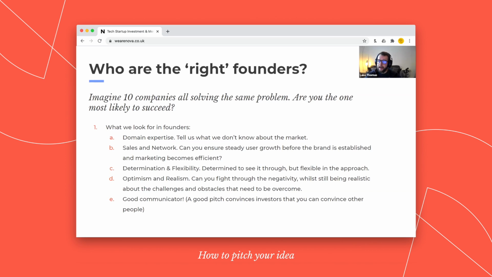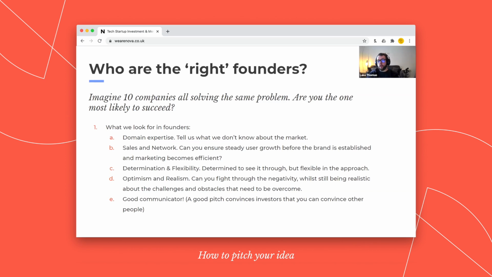So feel free to outline why you're here today. What is it you want from Nova? Do you need help in delivering the marketing and the messaging? Do you need help in refining the product? Be realistic with what we need to do together so that we can get a good feel for how we would work together and what we need to do. But make sure that you're optimistic, because we want to work with someone who can see that end goal.